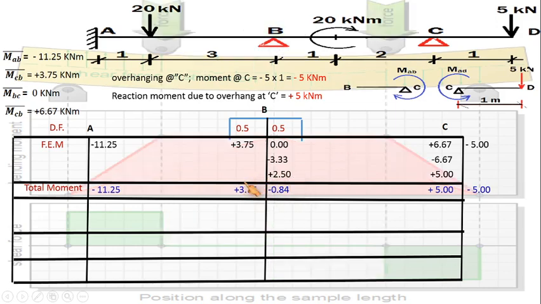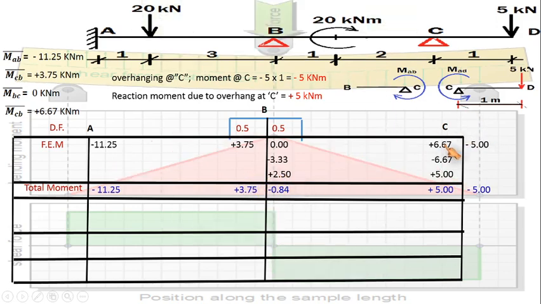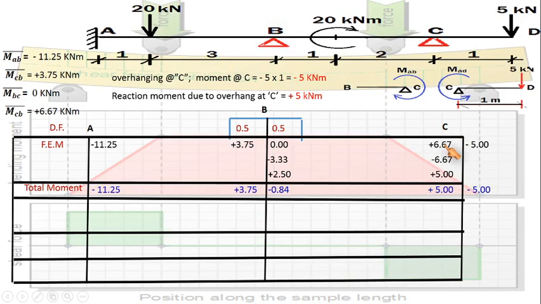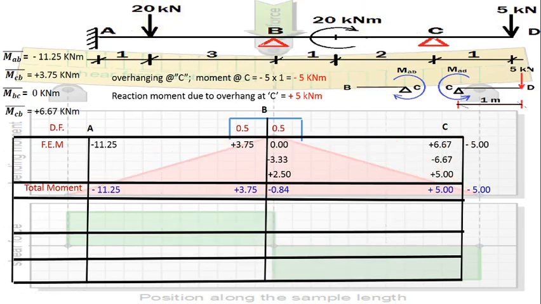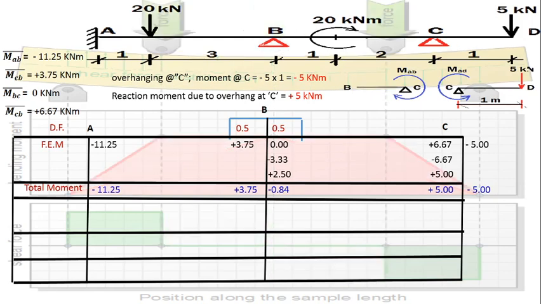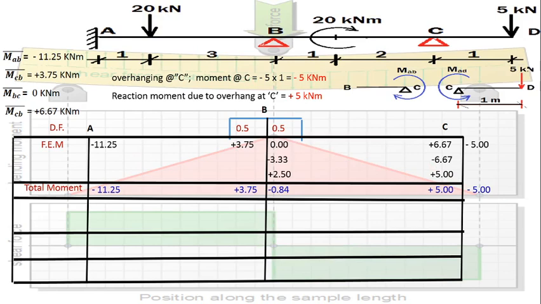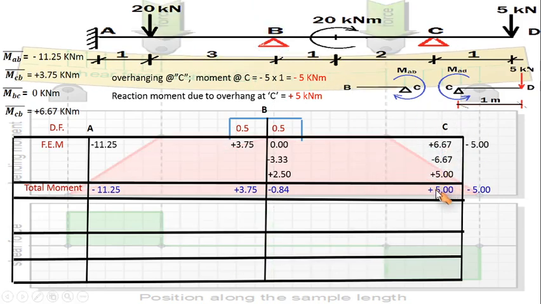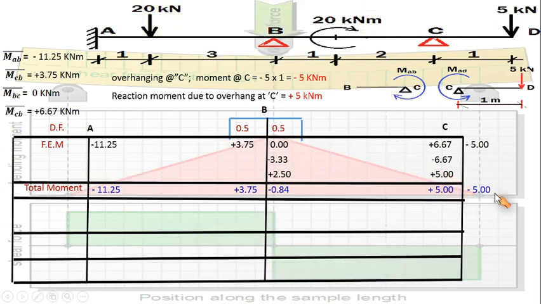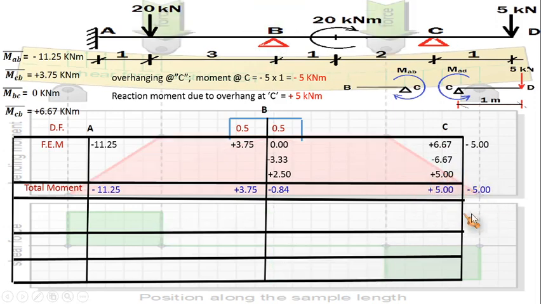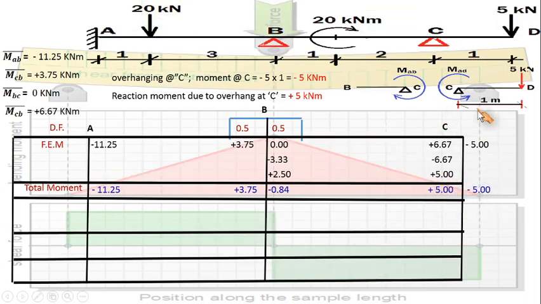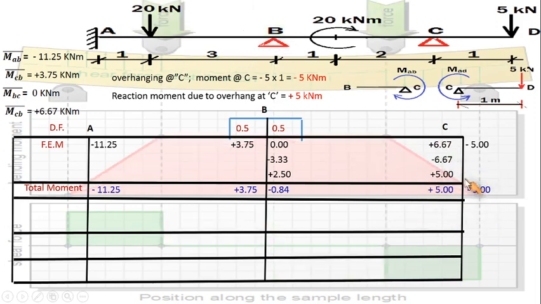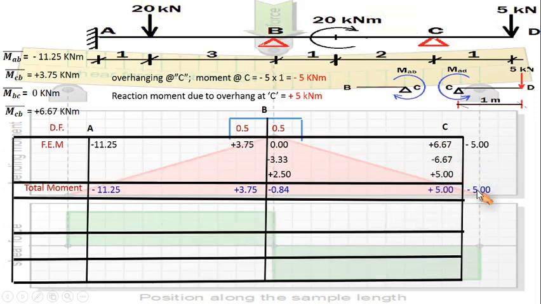Now as far as the joints are concerned, as I have told you, we have to do the moment distribution about a joint where there is non-uniformity in the moment for the left and the right hand part of that particular junction. Is it okay? So here as far as point C is concerned, on the left you can see plus 5, on the right it is minus 5. So it means no moment distribution is to be done for this particular point C, and already it is a simple support, so there occurs 0 moment, and it has been shown here.